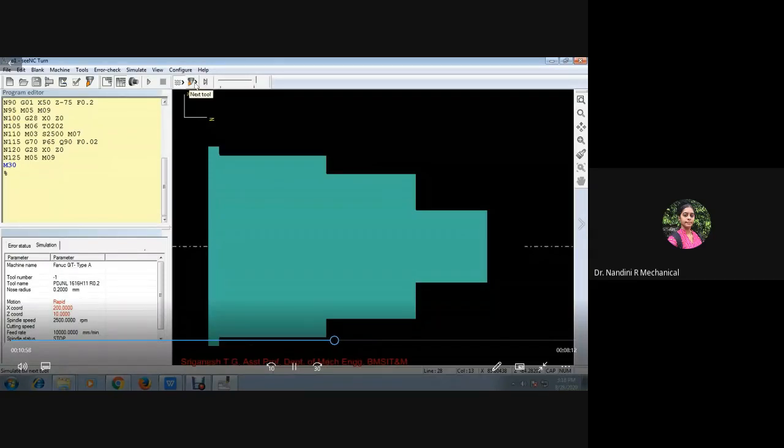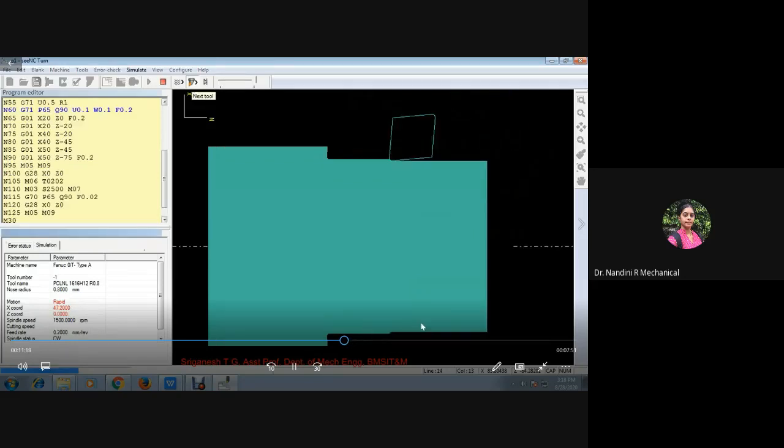So now you have to go for the next tool here. I don't know why it is hiding. Yeah, so now the next tool.